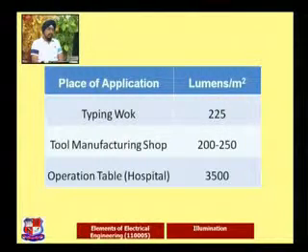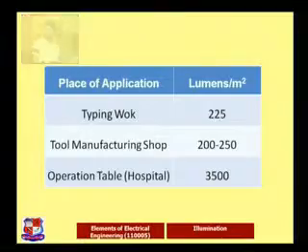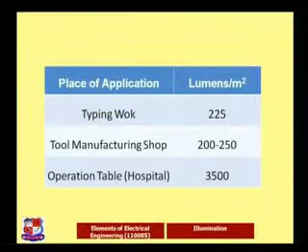More important is a tool machine manufacturing shop or some lathe machine work, which is a critical one. So again, when the lighting purpose is critical, the lumens increase, and the most critical one is the hospital operation theater, because critical surgeries are performed there. In that case the focus is on our application to operate on the patient. If you observe the table, you will find the lumens are 3500, the maximum. So by this table we can understand the criticalities, and according to the application we can increase the lumens.